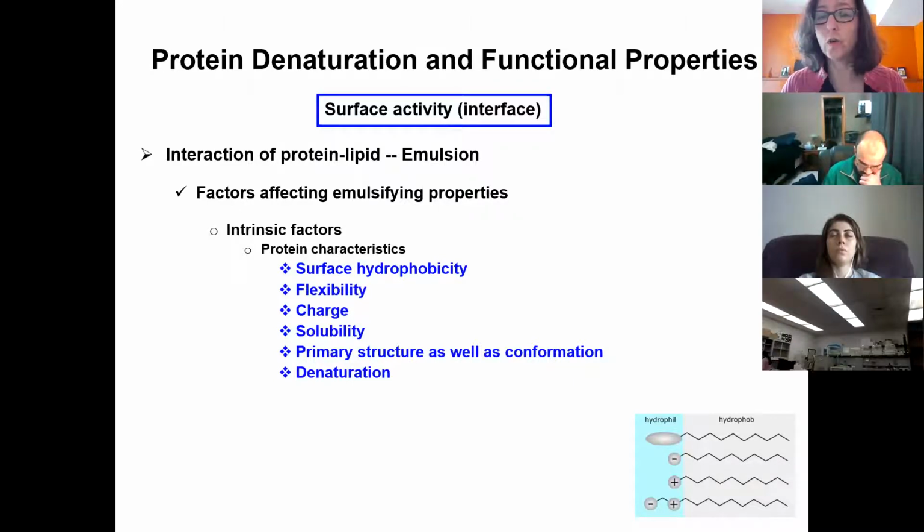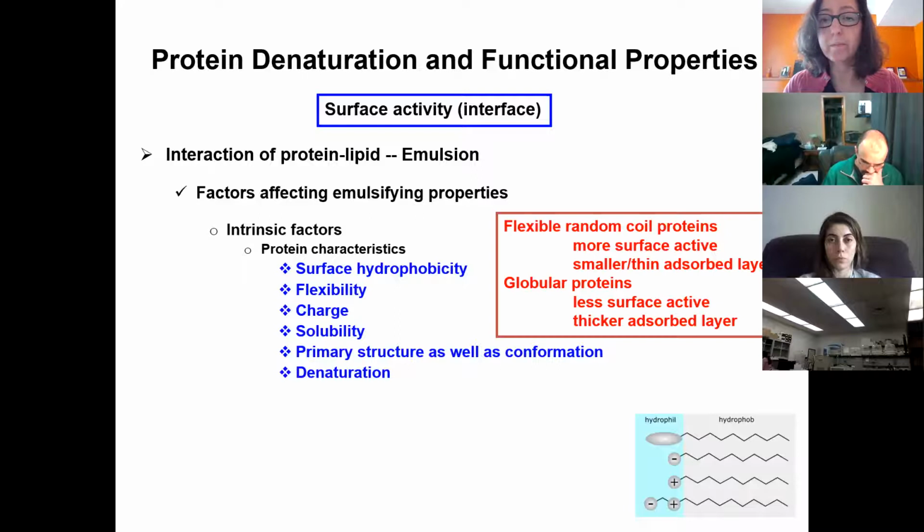Denaturation. So the ability of the protein to denature, to unfold, is really important. If there's a protein that resists unfolding, then that's not going to be a good emulsifier. So if we compare in this example a casein to a globular protein, when you have a flexible random coil protein, which is a casein protein,